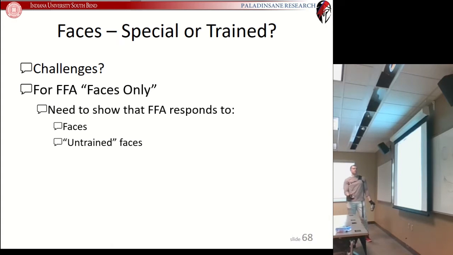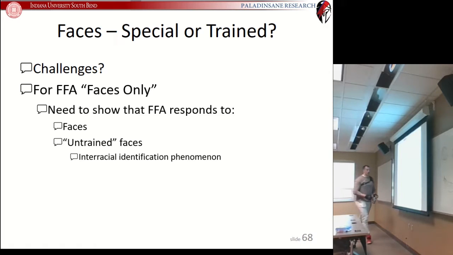Because what would untrained faces be like? Well, one possibility is, and we see this a little bit in the interracial identification phenomenon. So regardless of what race you are, you are at a deficit when you're trying to identify people outside of your race, and you are at a benefit when you're trying to identify people inside of your race. And there are many explanations for this in terms of how diverse people's groups are, how much they interact with people of other races,